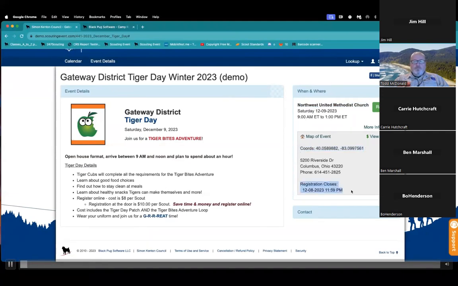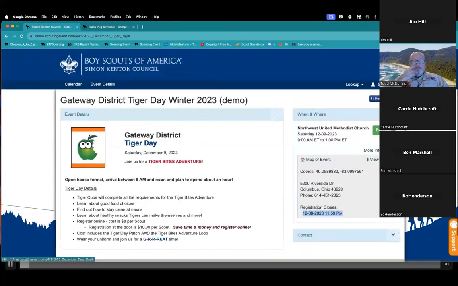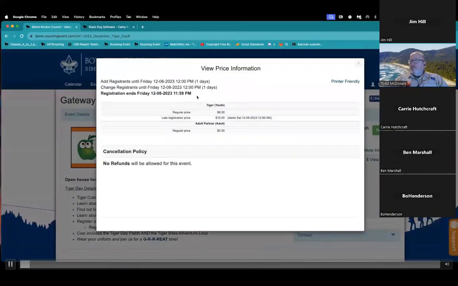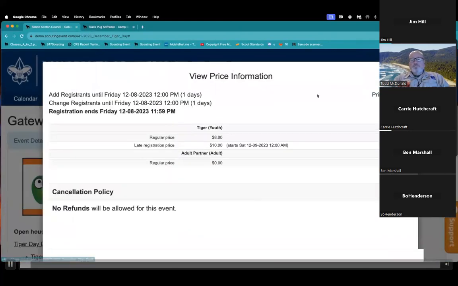There's also a little bit more information about when registration closes. This council is allowing this registration to close the night before the event. That may change depending on the event you're registering for. If I want to see pricing information, view pricing just shows me what the fees are. I'll make this a little bit bigger.